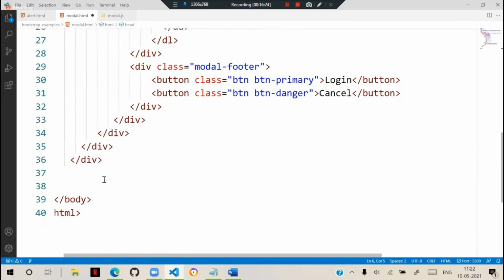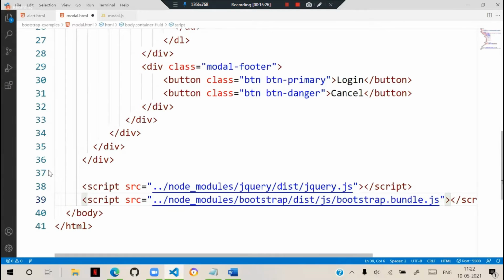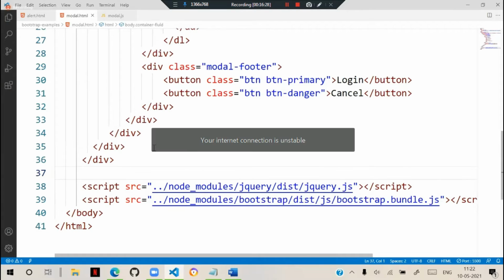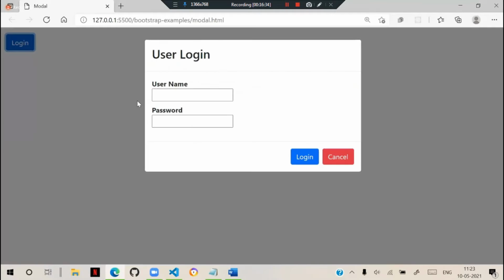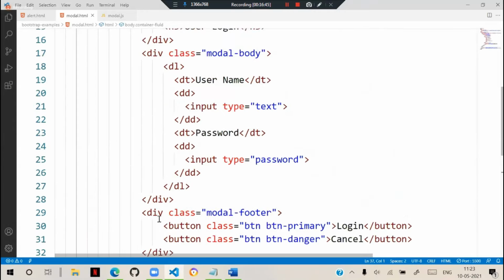You can keep them outside HTML also, but it is not recommended. I told you that experts keep them outside also, but it is not recommended, and this is the way. And now your model is working fine. So the model gives a pop-up like this, and you can click and select. And we need some buttons also inside, and the model appears immediately.